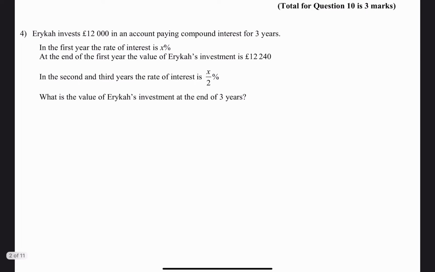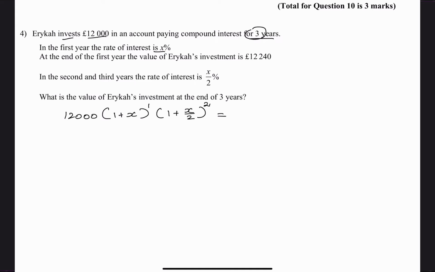Okay, investment of 12,000 for 3 years. The first year is x, so is it increasing? Yeah, it's an investment, of course. So it's 1 plus, let's just call it x without dividing it, to the power of first year 1. On the second and third year is x over 2. So that's 1 plus x over 2, to the power of how many years? Because it's 3 years, 1 is going on this, so it's to the power 2. Should be equal to,